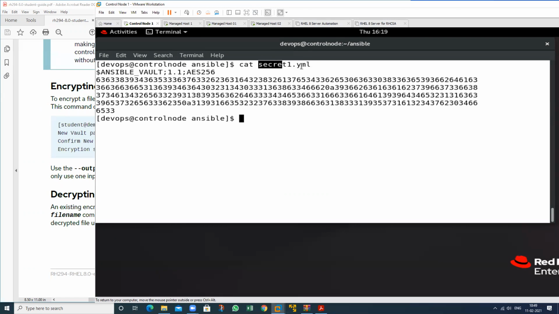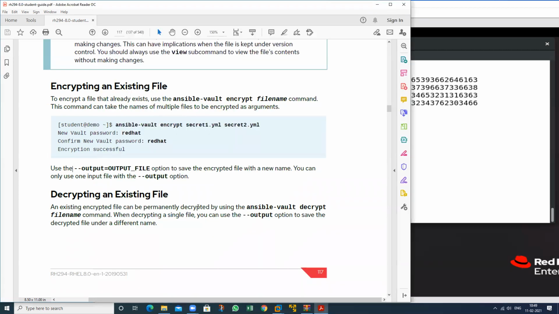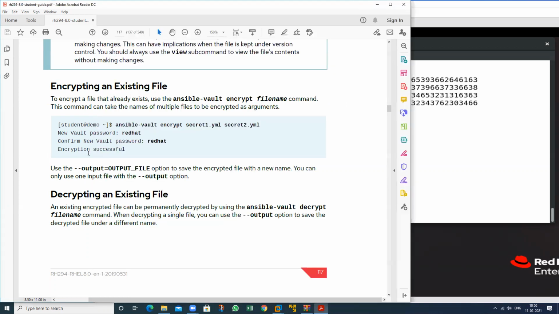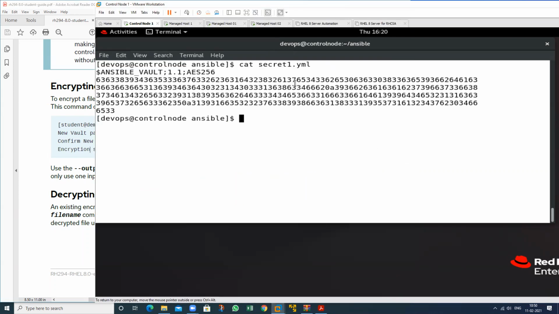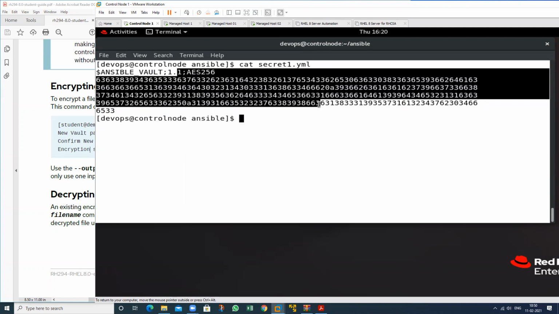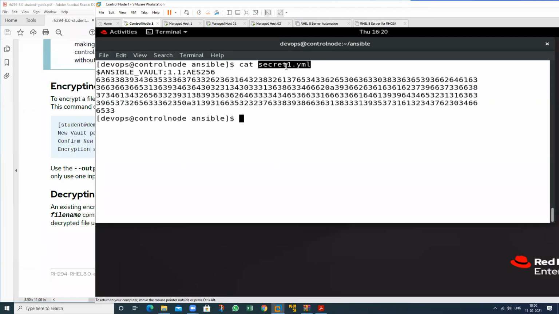Then what will I do? You can apply this particular concept, hyphen output, then give another file name. Then we are able to decrypt the data into another file. Sir, can we put an existing file also? Yes, all the data of this particular file will be copied to another file, but only the content. This file remains the same, encrypted.